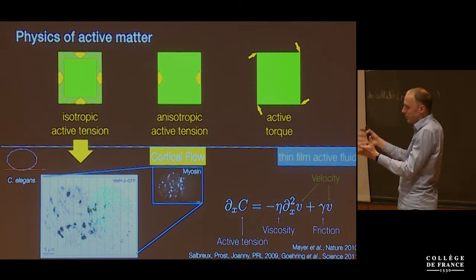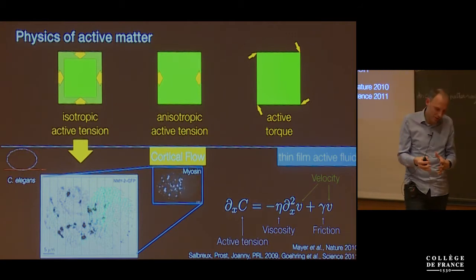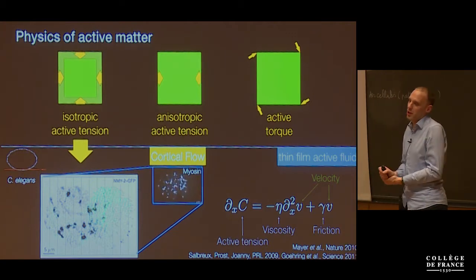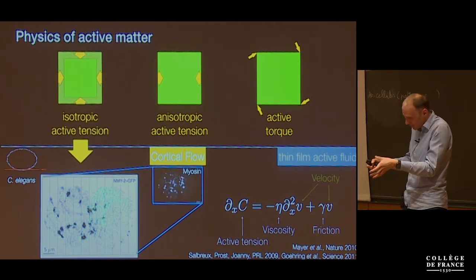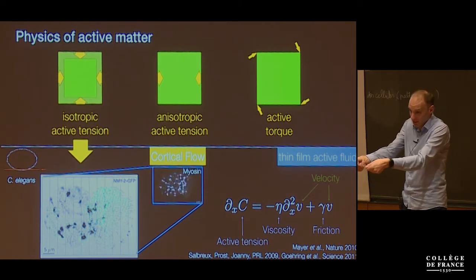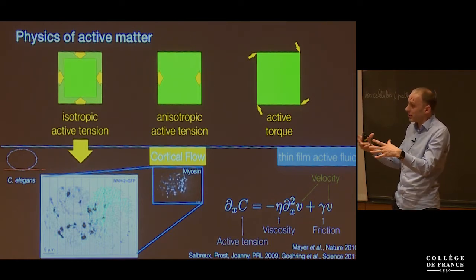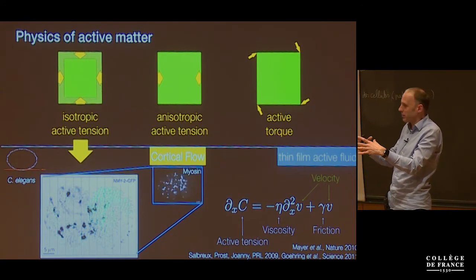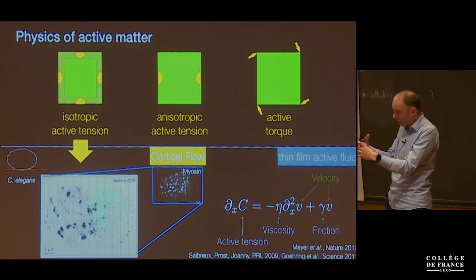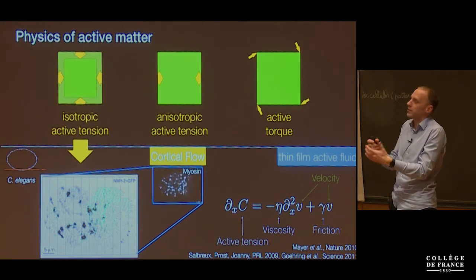If you look at the surface of the cell, there's a particular point in time when the cortex becomes more organized, and that's during cytokinesis. What probably many of you have heard of is that when a cell divides, it assembles an actomyosin ring around the periphery, and that ring contracts preferentially in the direction in which the filaments are aligned, generates the extra stresses that are necessary to develop an ingression, and that basically divides the cell.